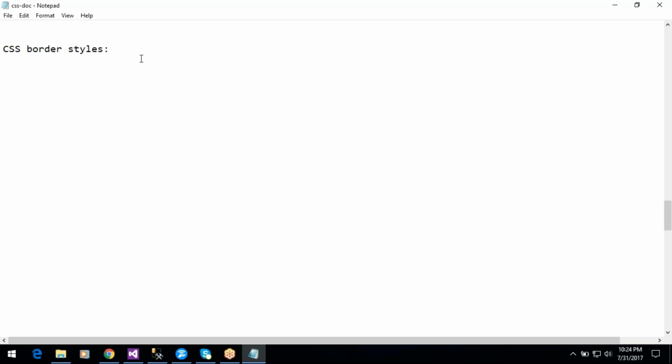So the border-style property is what we need to use to apply border styles to HTML elements. Using border styles, we can apply different types of border styles like